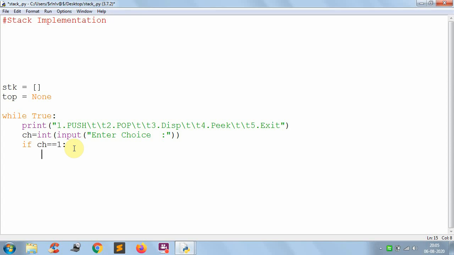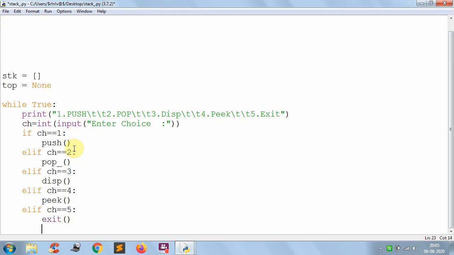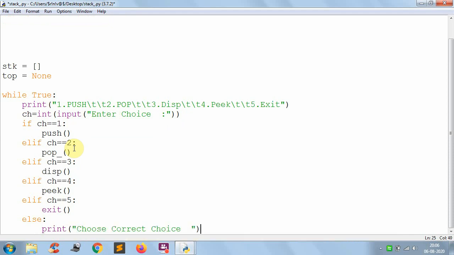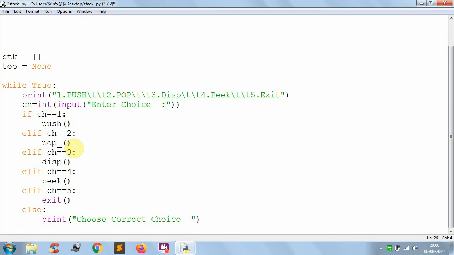If ch equal to 1, elif ch equal to 2, pop, elif ch equal to 3, disp, elif ch equal to 4, then peek, elif ch equal to 5, exit, else... So this is the menu based program I am writing.